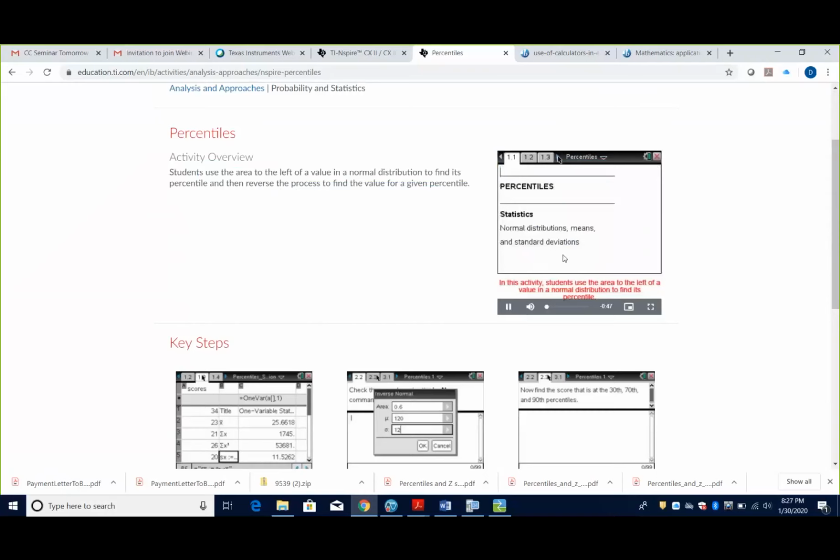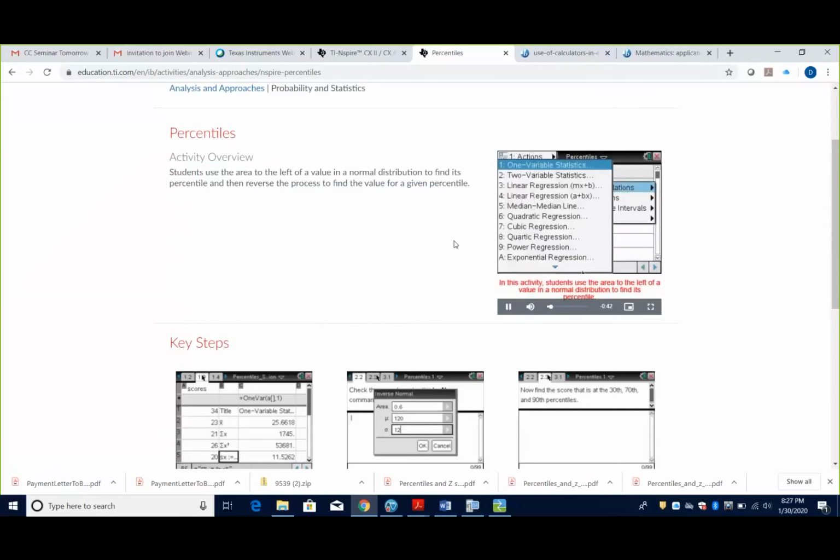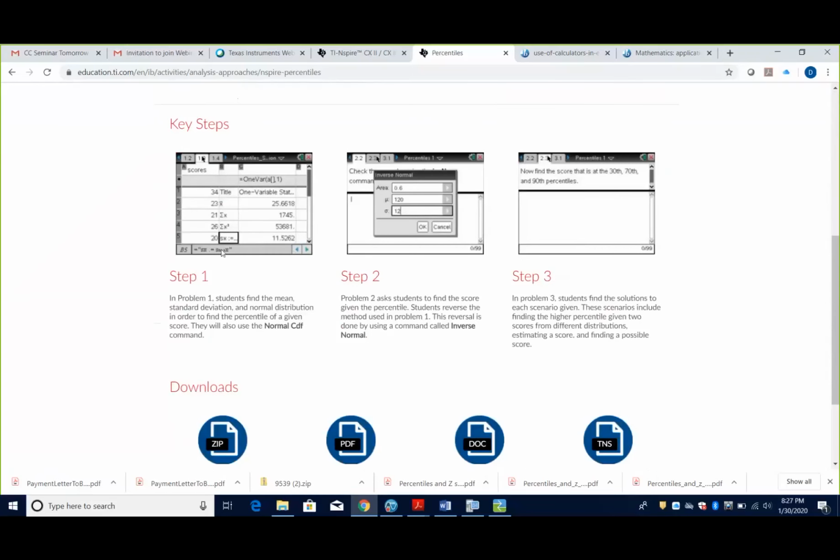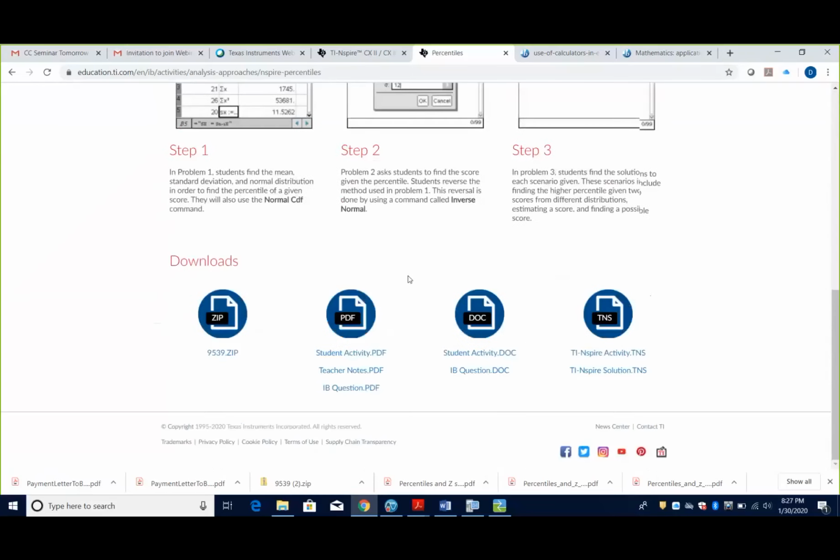You can play that, and it goes and highlights some of the screens and what you're going to be doing, and then goes through the steps of what you will be performing. But the cool thing is down at the bottom. You will have a zip file of every file that's included in this activity, which will include at least three things.